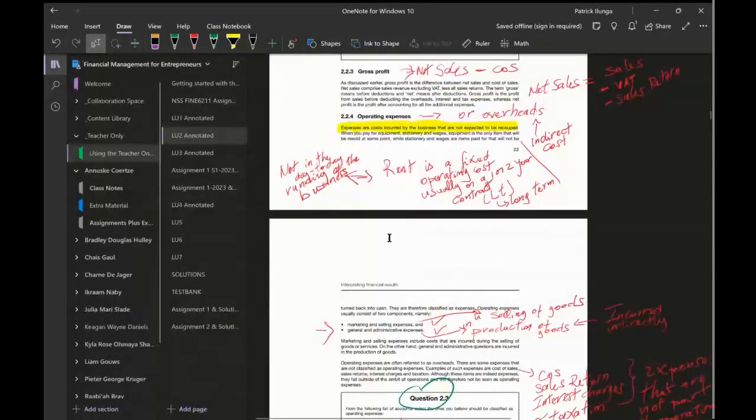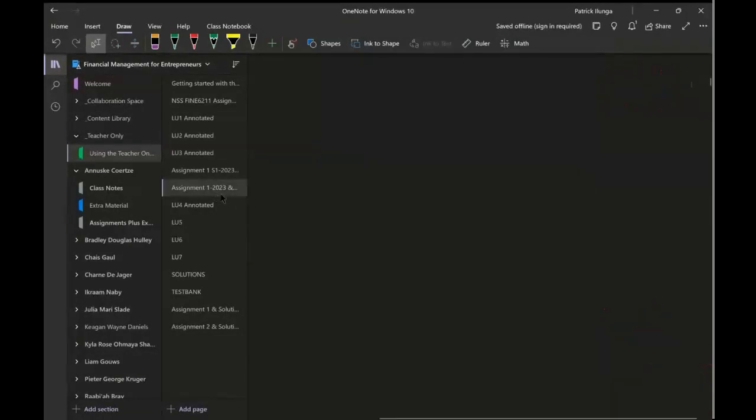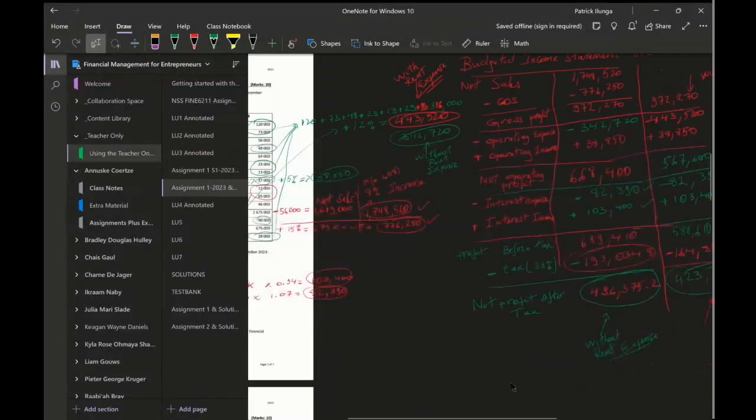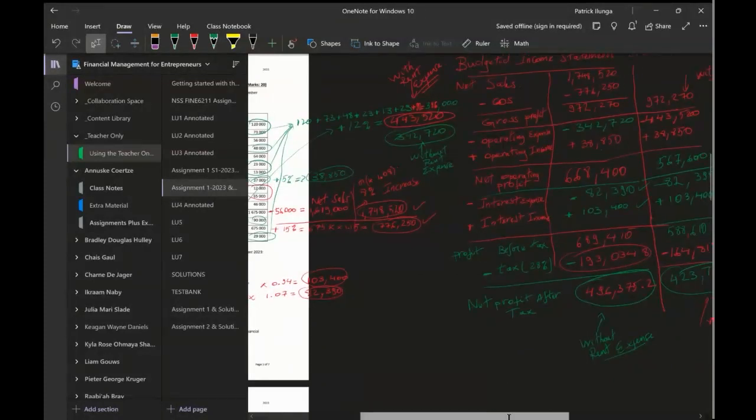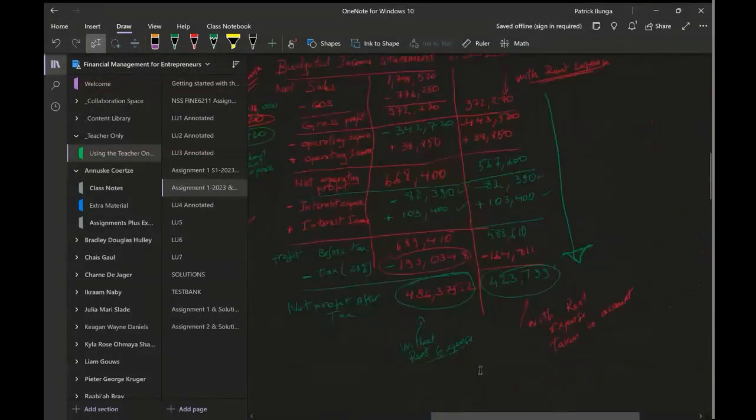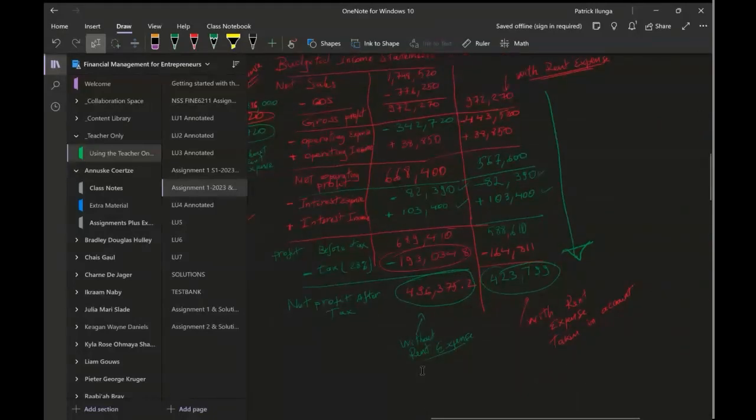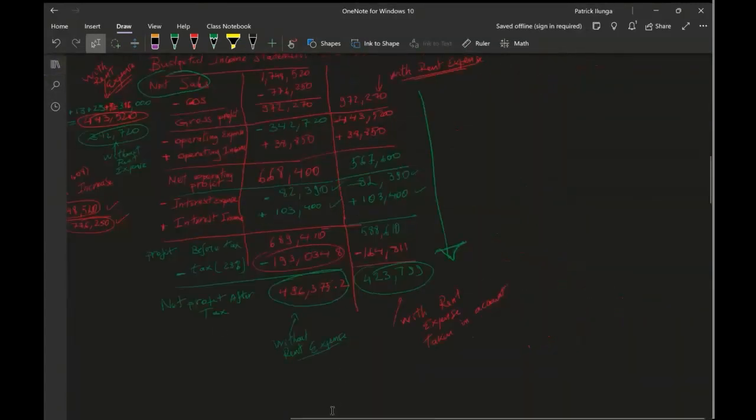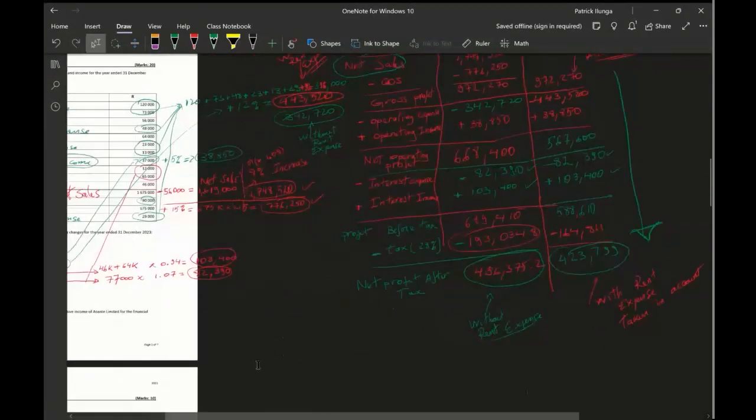It is written clearly in your notes, but it's fine. I didn't penalize a student who added the rent expense. But what you needed to know is that you have your sales, or your revenue, and in this case it had to be net sales. There's a reason for that. It had to be net sales because you were also given